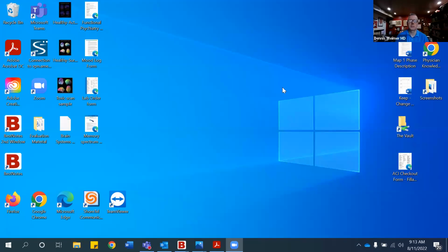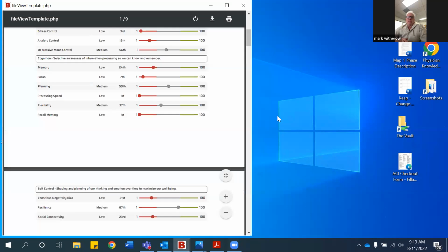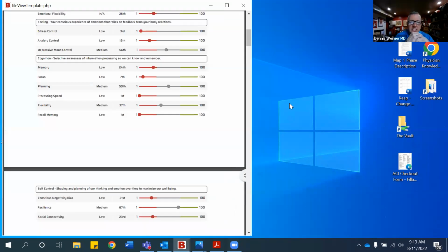Right. And I'm going to share my screen with you. Full disclosure, I will move the mouse around the computer many times during this. That's just the way this process works, but we'll get there. So again, treat patients, not scans, not test results. Treat patients comprehensively. We're going to start with your total brain report, the first bit of neuropsych testing that we